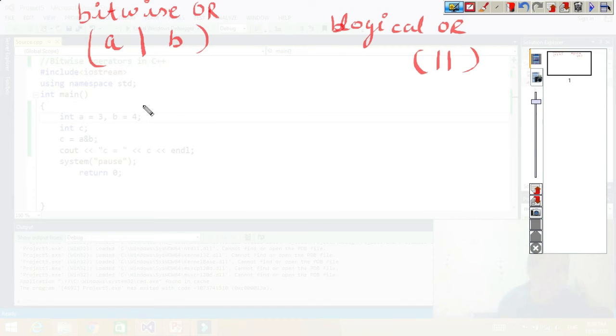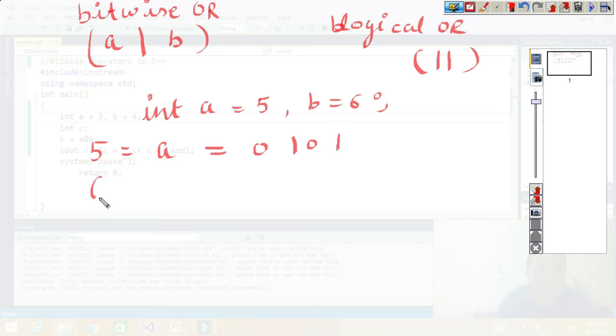Now let's say we have the same numbers, A is equal to 5 and B is equal to 6. The binary equivalent of 5 is 0 1 0 1, and the binary equivalent of 6 is 0 1 1 0.